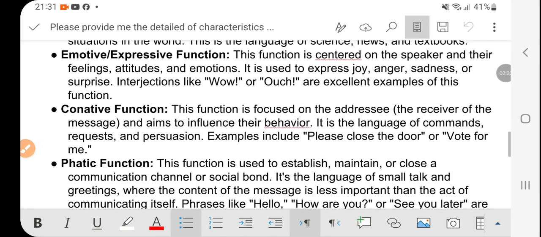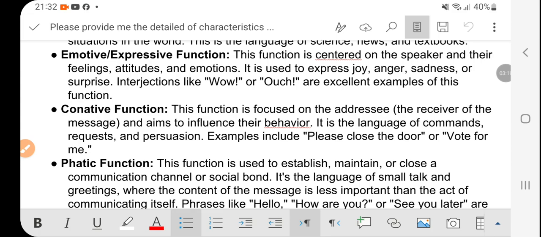Number two, emotive or expressive function. This function is centered on the speaker and their feelings, attitudes, and emotions. So here language is used for showing our feelings, our attitudes, our emotions. That is why another function of language is that language is used for showing our feelings, attitudes, or emotions. Okay,